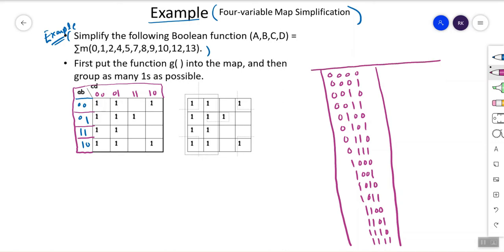Now here we have written a b c d. Think like this: this is a, this is b, this is c d.